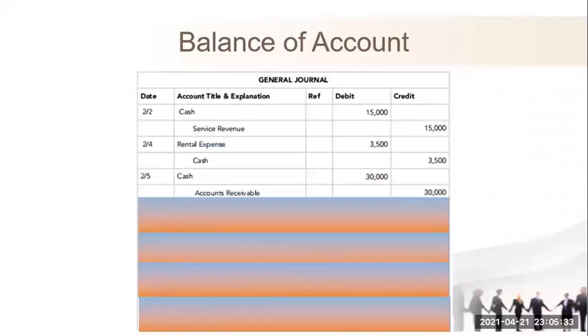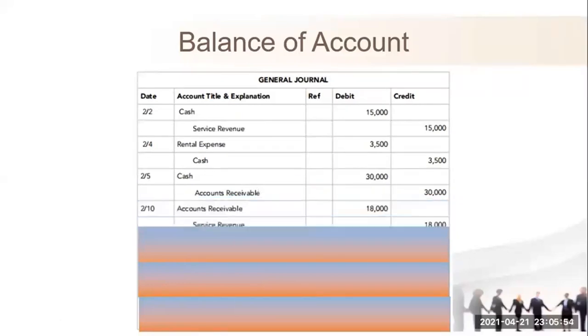Cash and accounts receivable. Ayan, kunyari, meron na tayong na-collect na cash. So, dapat ang credit natin ay accounts receivable. Kasi di ba normally, debit to, lalo na pag nakakabenta tayo. Ngayon, nabayad na yung customer ng cash. So, babawasan natin yung accounts receivable natin and then cash natin marireceive. So, debit natin cash. Ayan. So, kunyari nakabenta ulit tayo pero hindi pa makakabayad yung customer. So, meron tayong debit accounts receivable and then yung credit natin service revenue.